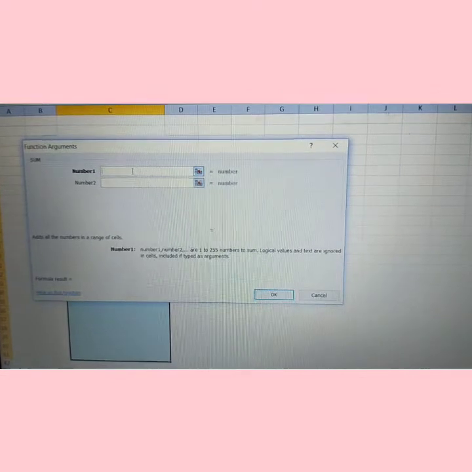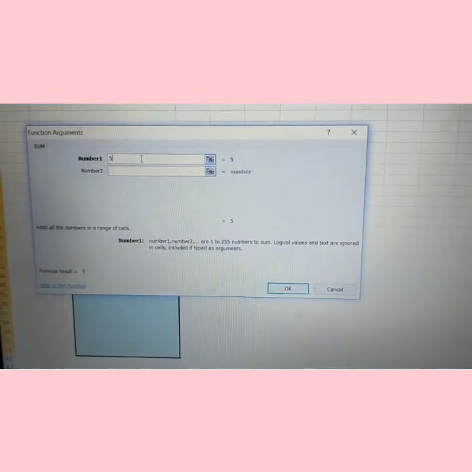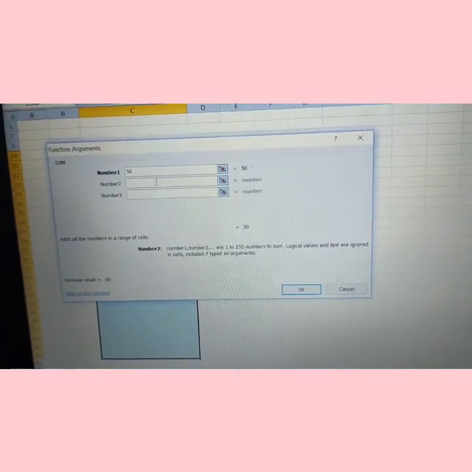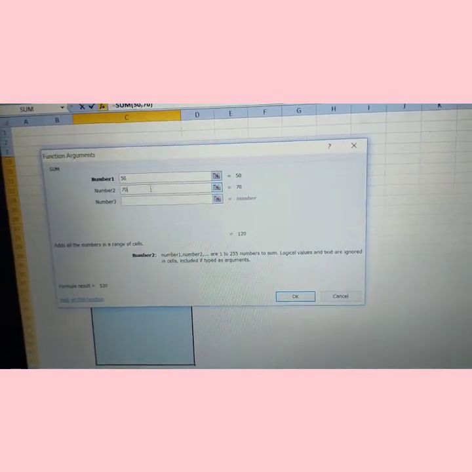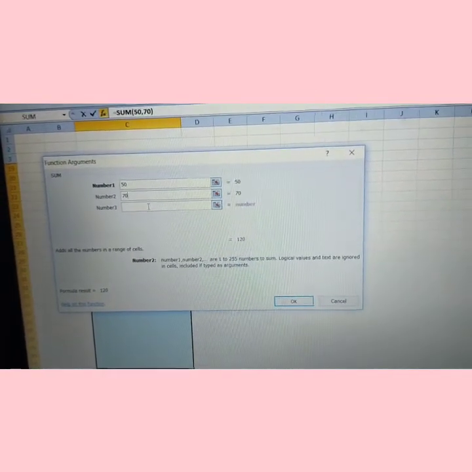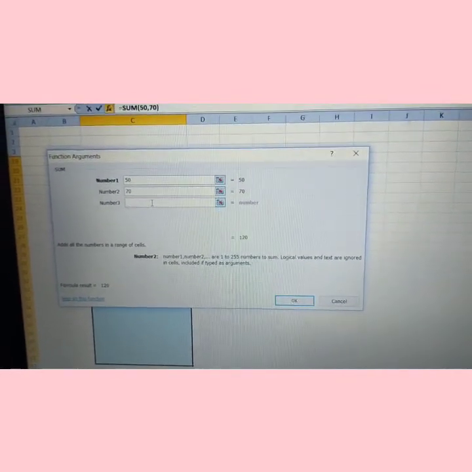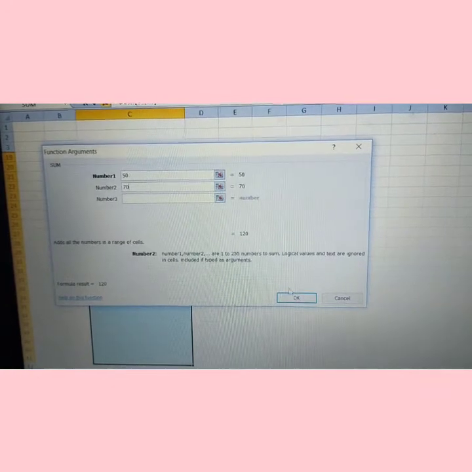So first I will type 50, then in number 2 I will just type 70, and it is your wish that if you want to type on number 3 you can add, otherwise leave it. Now I will click on OK. So here you can see the sum of 50 and 70 is 120.